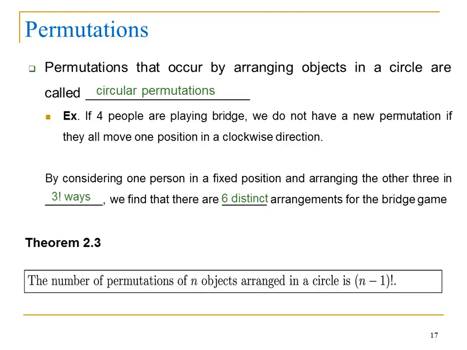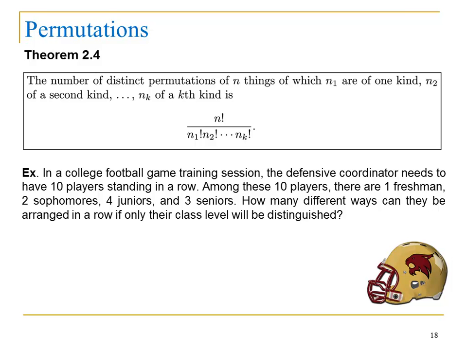Another type of permutation is this one. And again, as I recommended last time, it's very important for you to keep track of these different theorems. So when you look at the problem, you can see which theorem will apply to that specific situation. So this is theorem 2.4, and this is for the number of distinct permutations of n things, of